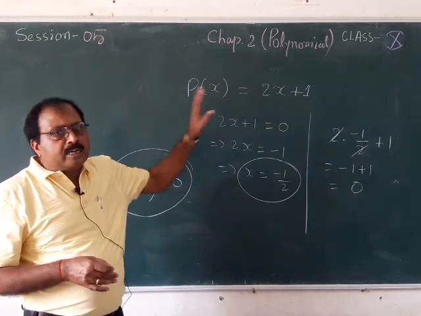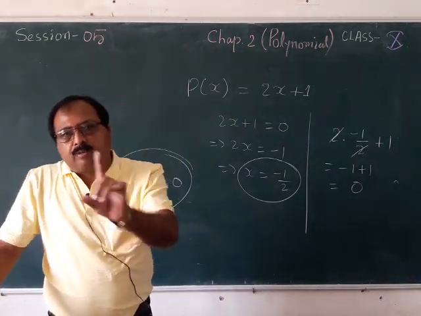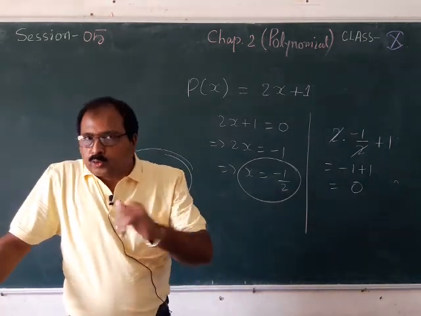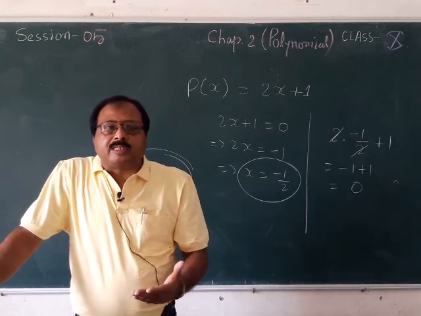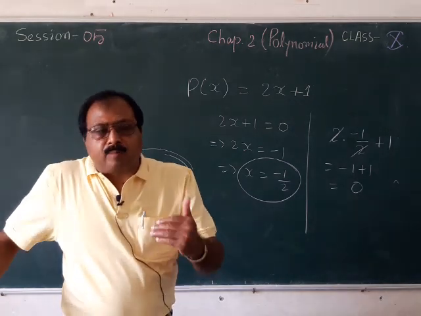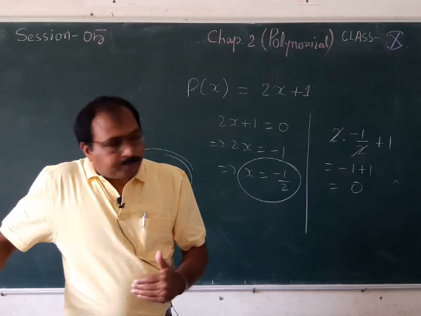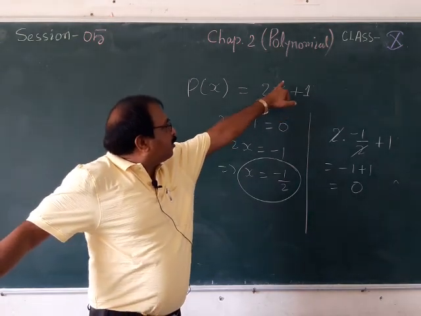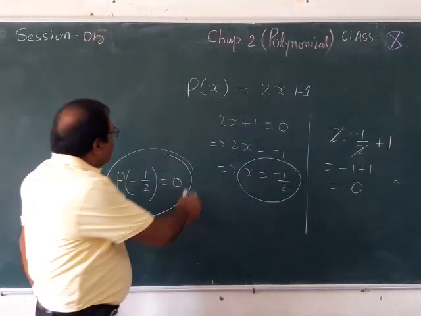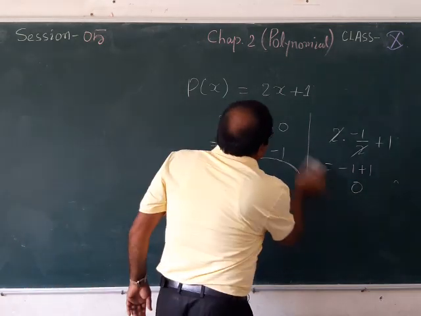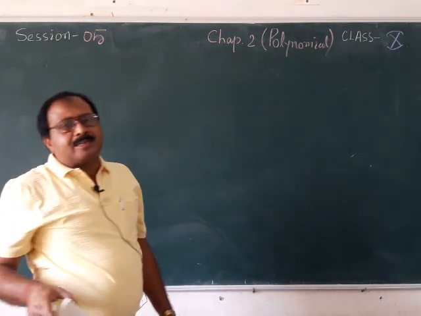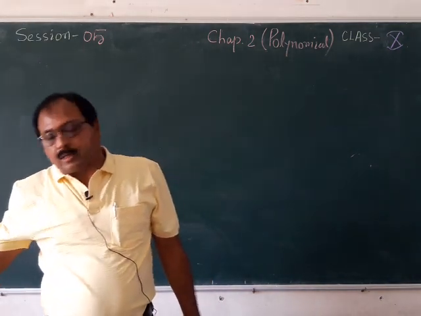As you know, if you are having a linear polynomial, it is having only 1 zero. But if you are having a quadratic polynomial, then it is having 2 zeros. Zeros depend upon its degree or power. So by looking at its degree or power, you can decide how many zeros this polynomial is having. If it is a linear polynomial, the power of x is 1. And if I am talking about a quadratic polynomial, then its degree is 2. That means it is having 2 zeros. And if you are having a cubic polynomial, its degree is 3. That means it is having 3 zeros.